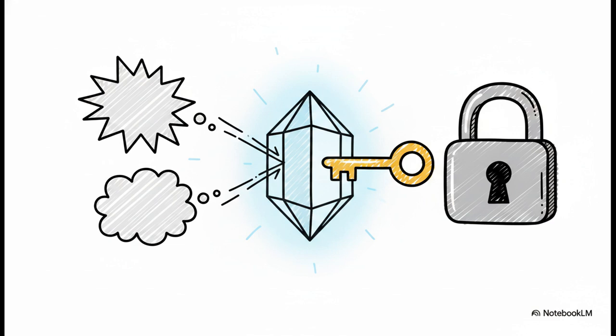Look at these two phrases. What is the return policy? And how do I return an item? Totally different words, but the exact same intent, right? A semantic cache embeds both queries, checks their cosine similarity, and, if they're a high match, it just returns the previously cached response. You're getting the answer for literal pennies instead of running a full, expensive generation.